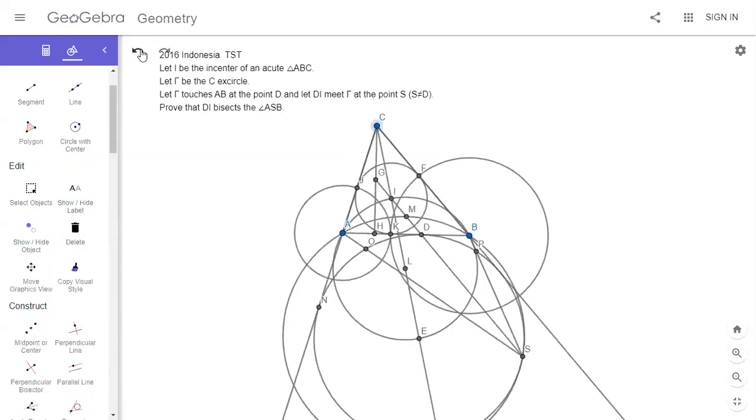Sorry about that. Let's see if there is a way to show this 2002 G7. So if